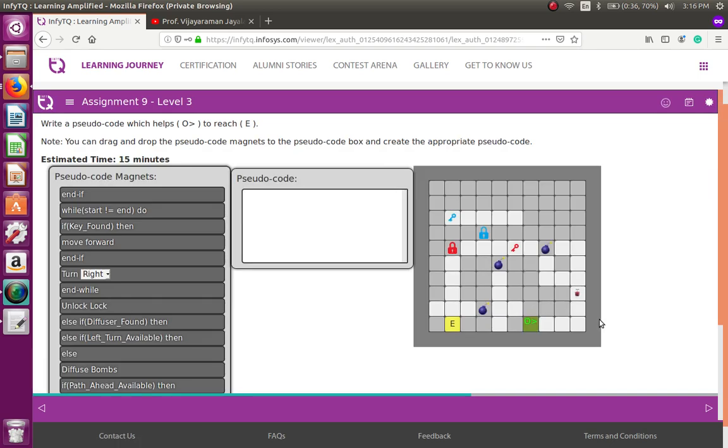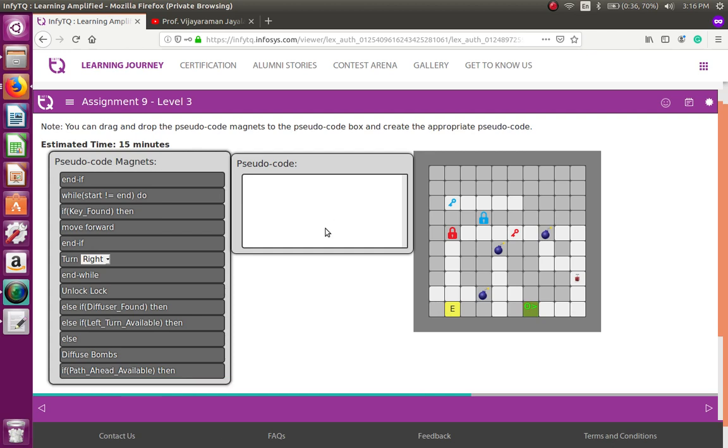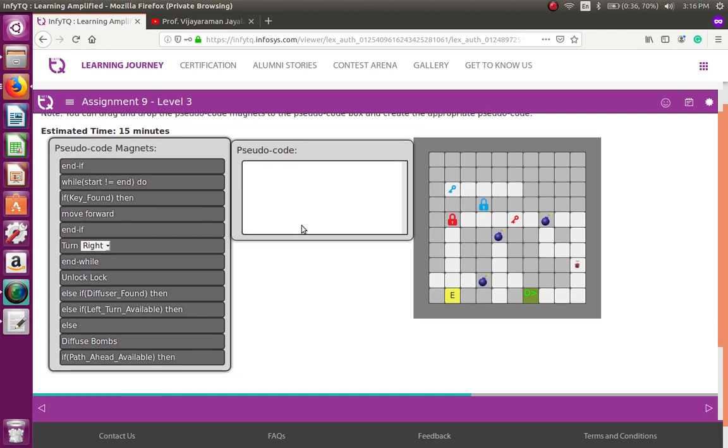There's another interesting pseudocode. Write a pseudocode which helps the symbol O, something like a robot, to reach A. The symbol is here. It has to reach this location E. There are many ways to follow. Now we are going to do this. While start not equal to end,